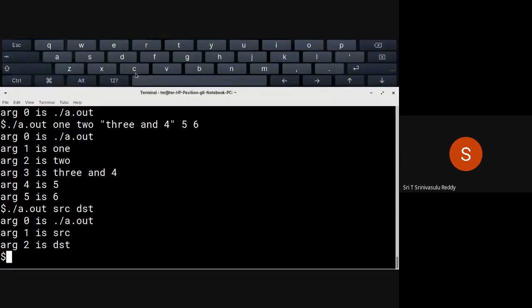Probably with this background, I want to just leave it at this stage so that a kind of question is left in your mind. You just prepare and then come for the next class about how to use system calls like open, read, write, close for copying a file from one file to another file. We'll complete this program in the next class, right? So by using this kind of command line arguments. So this is a small assignment to all of you. Go through that. If you have understood, you should be able to make small things.